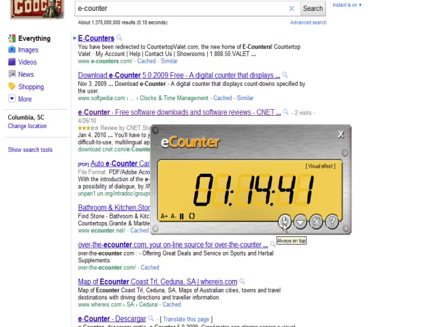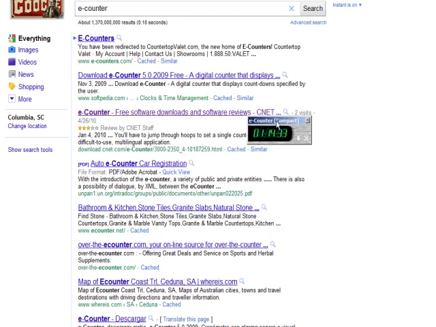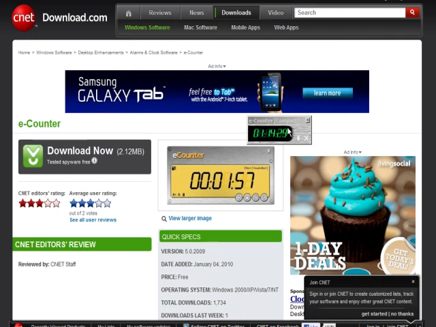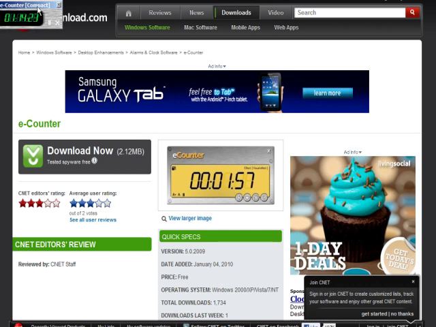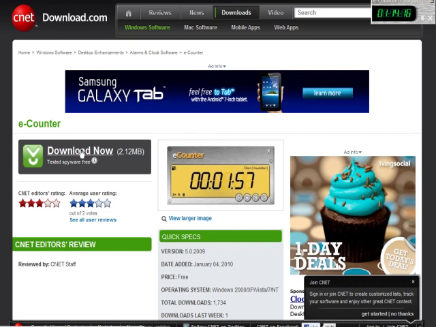If you see this white little ring around the pin, make sure the white ring is around it, because that means it's always on top. So whatever you do, whether you're searching on the internet or so forth, you're always going to see this on top. I like to put it at the top right or the top left, whatever suits you. I like the top right so that I can be doing things as fast as I can. It's sort of like a game, and then I can see how much I have left.